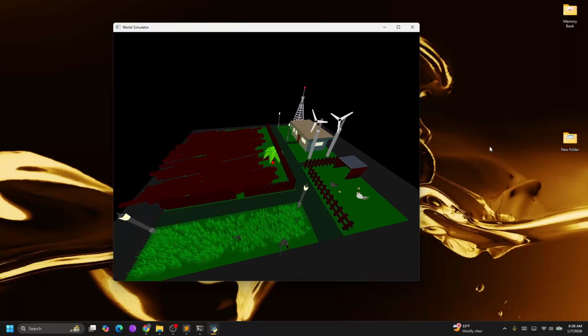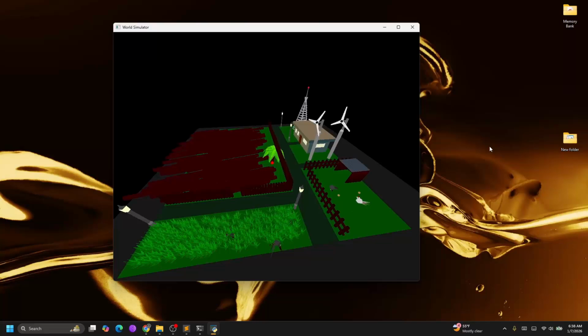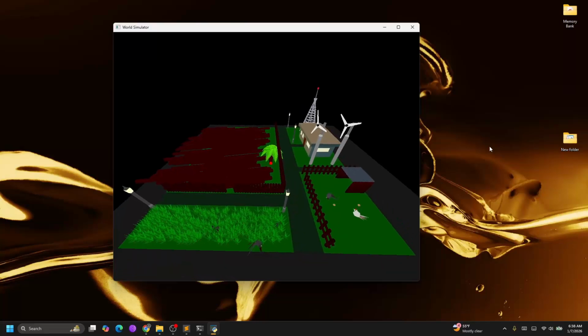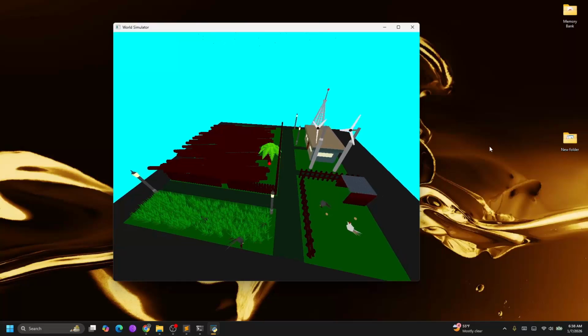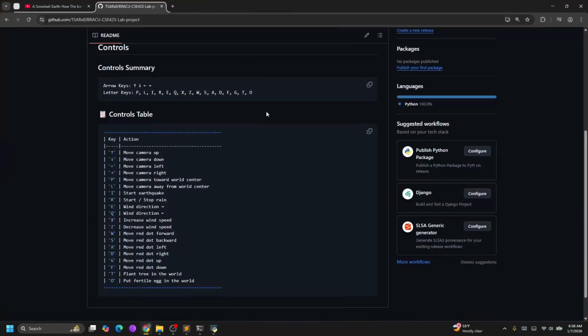Okay, I'll show you another thing: all the buttons that it has now. So these are the buttons that are in work. Firstly, these are the controls: the arrows and the letter keys. This will move the camera up, this will move the camera down, left, right, and this will move the camera to the wall center, right, start